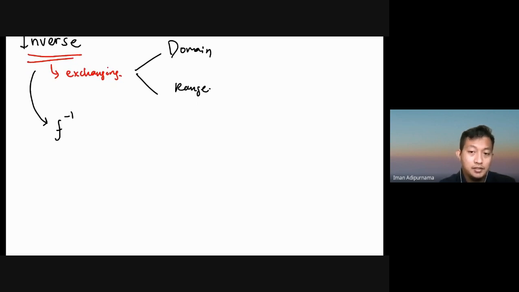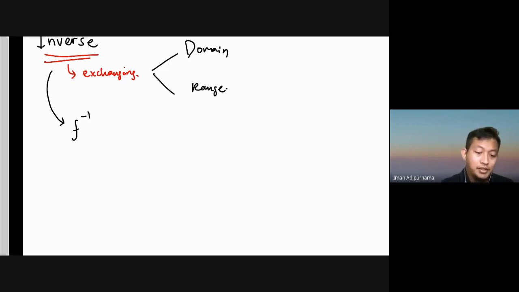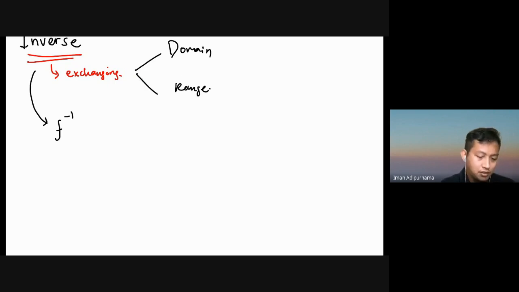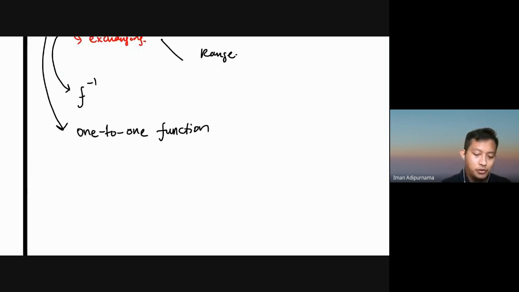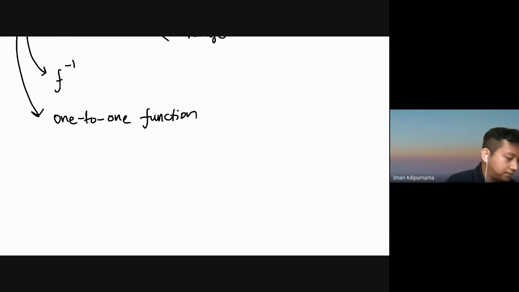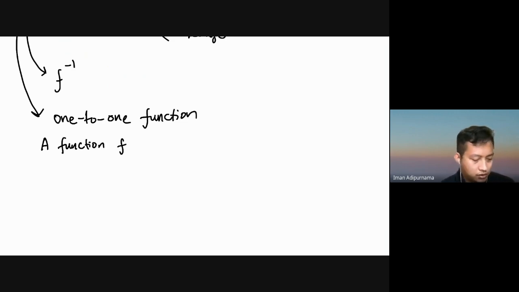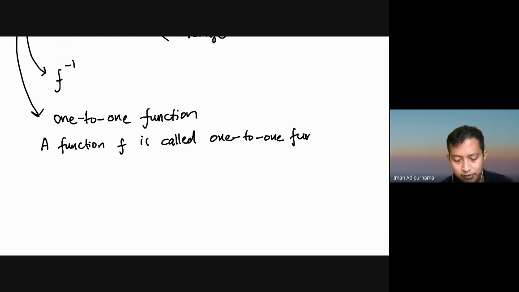But how can we make sure that a function can be inverted? That's the key question. That's the key to understanding the inverse. First, to have an inverse, you need to have one requirement. It's called a one-to-one function. Okay, let me define one-to-one function first, and then we can define the inverse. A function f, let's say, is called a one-to-one function